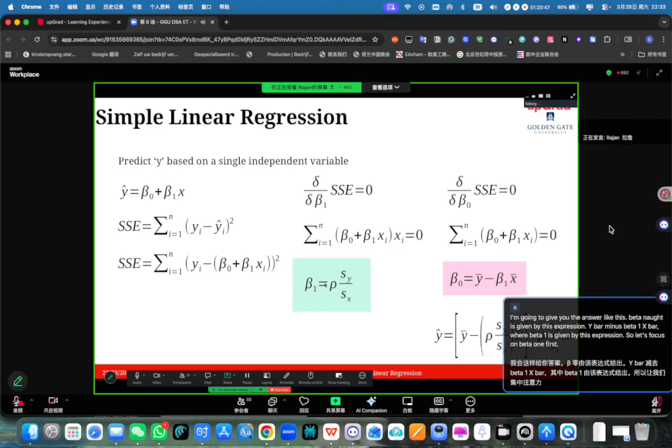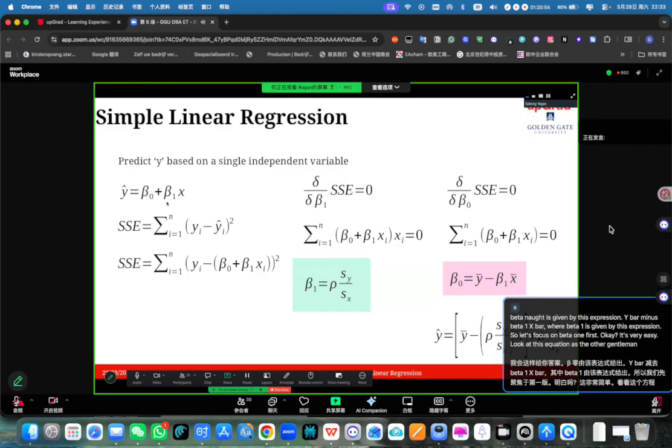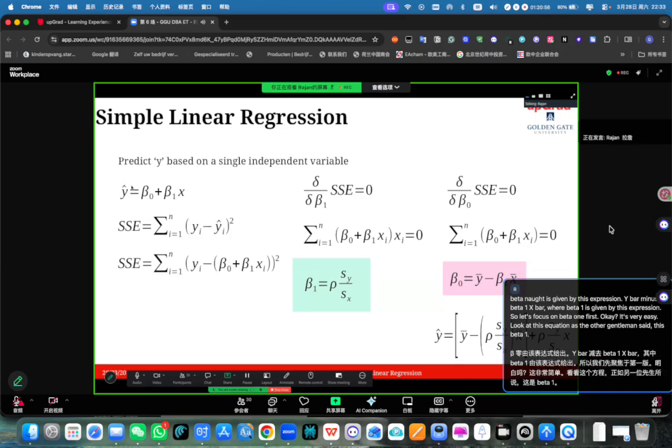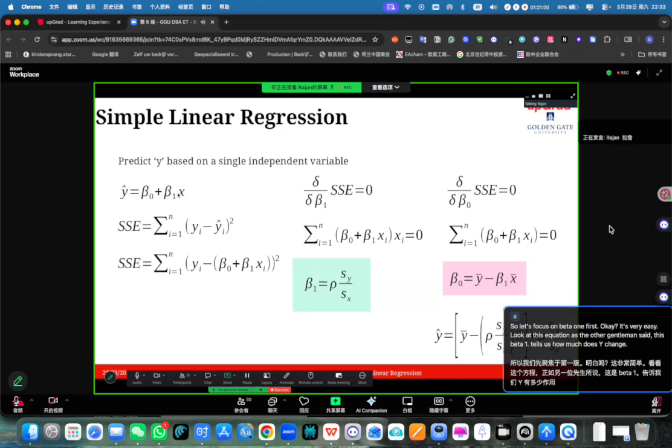Okay, it's very easy. Look at this equation. As the other gentleman said, this beta 1 tells us how much does y change for a unit change in x,